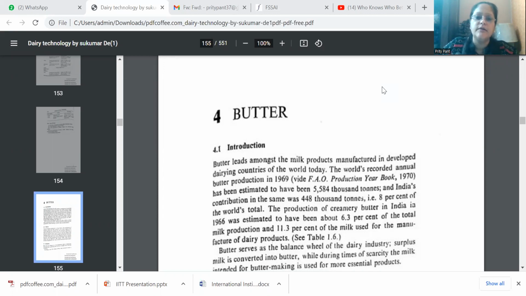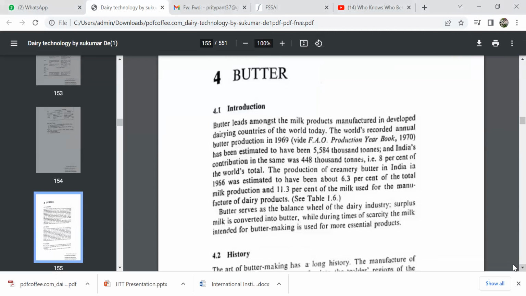The reference book for dairy technology is Outlines of Dairy Technology by Sukumar Dey. So please refer to this book. And now I am taking the chapter in today's video. I am taking the chapter on butter. Okay, so